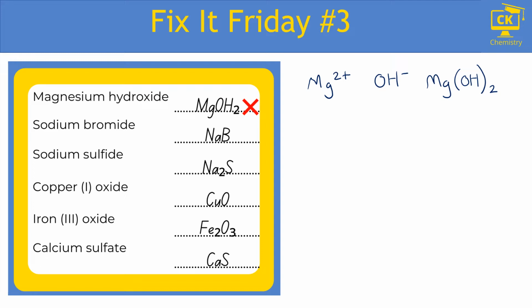What about the second one? Sodium bromide? This one is also wrong. So there's nothing wrong with the way that they've thought about the charges. Na has a charge of +1 and the bromide ion has a charge of -1, but what they have done